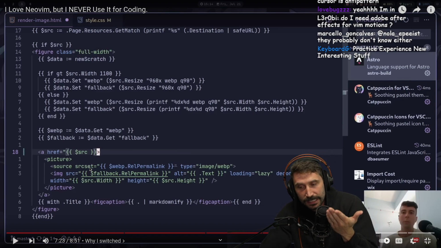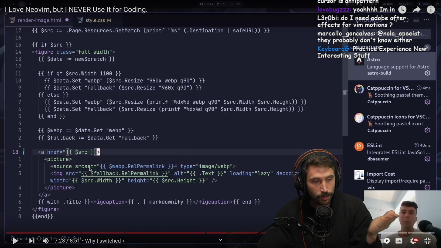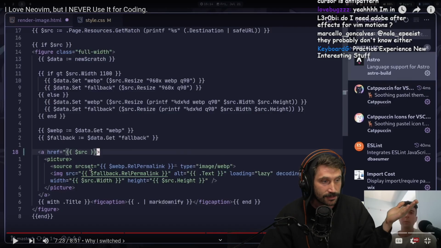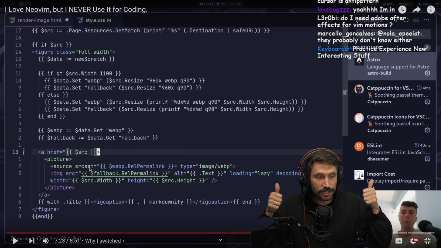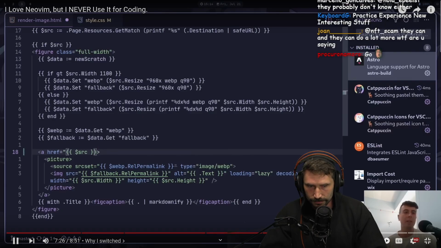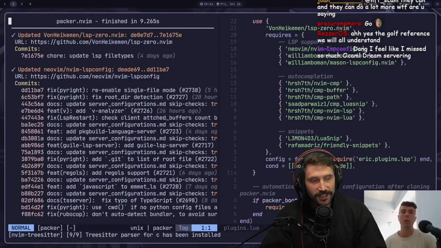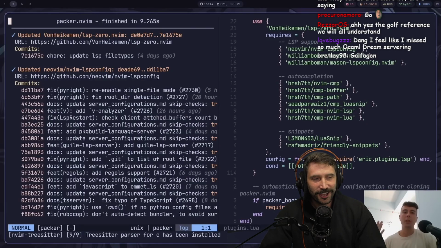So is something not being intuitive immediately bad? No. Can it be long-term reward reaping? Yes. So Vim motions, use them. It's that simple. And I'm sure there's going to be somebody in the comment section saying that if I configured Neovim correctly, then I wouldn't be having these issues. But in my opinion, it just wasn't worth all of the effort. Golf reference. Now, that's not to say that I don't use the Vim key bindings.